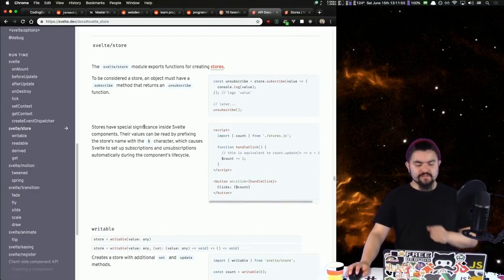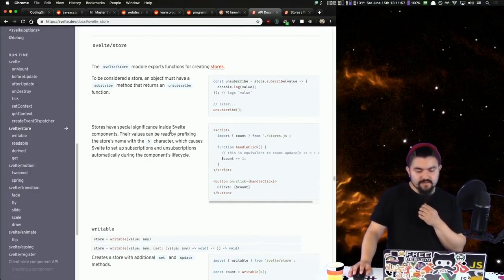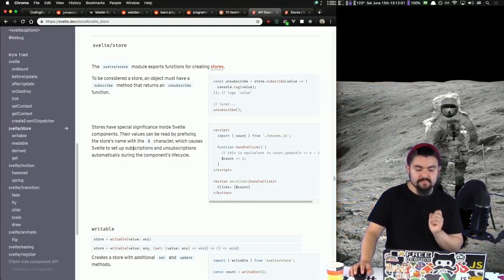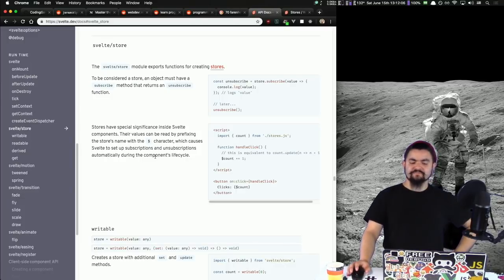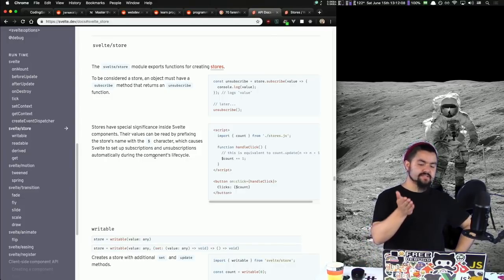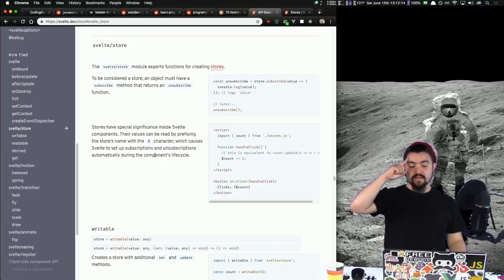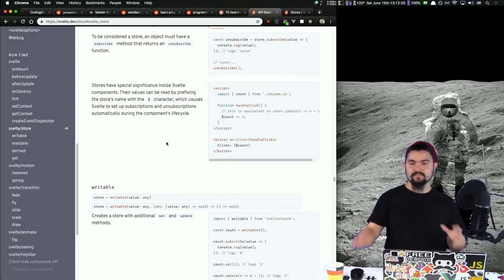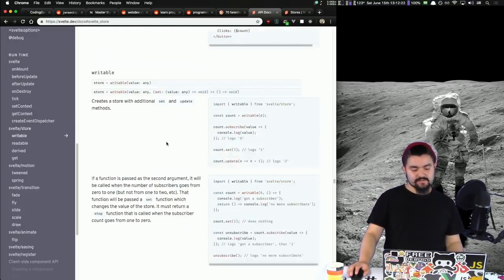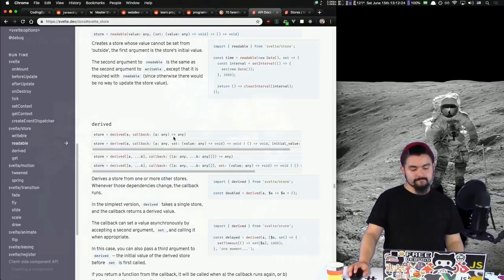Stores have special significance inside Svelte components. Their values can be read by prefixing the store's name with the $ character, which causes Svelte to set up subscriptions and unsubscriptions automatically during the component's lifecycle. So I don't know too much about it, but I would say this is probably their implementation of more of a Redux type thing where all the data can live in one place. You could potentially listen for when it changes. There might be functions for updating it, so you know that data only gets changed in those functions. Interesting. Yeah, we'll look